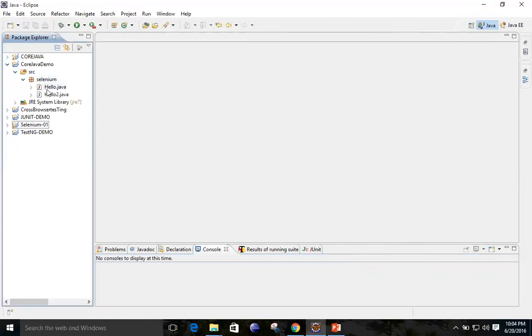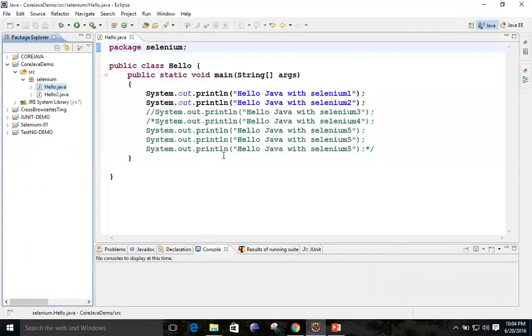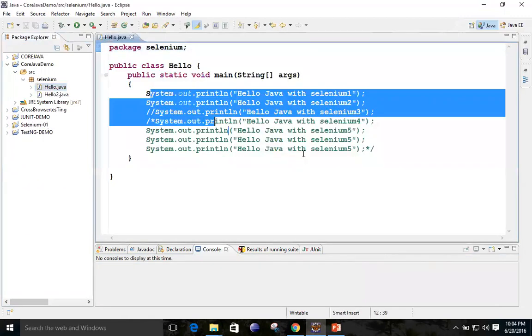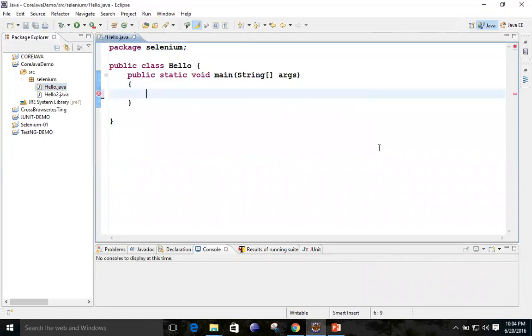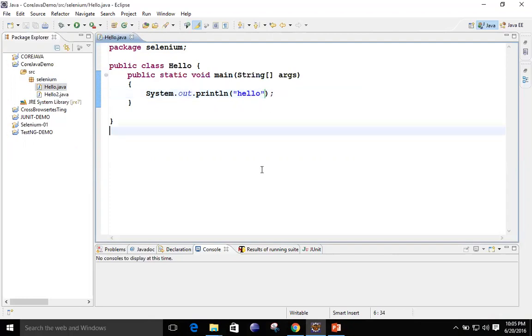This is Selenium and this is the hello. What will I do? See, this is the Java code. I hope there is no confusion. This is simply Java code which has the package name Selenium and the class name hello.java. And what is the work over here? You are simply printing a message at the console, and the message is hello. So you simply run this one and you will get the hello message at the console.